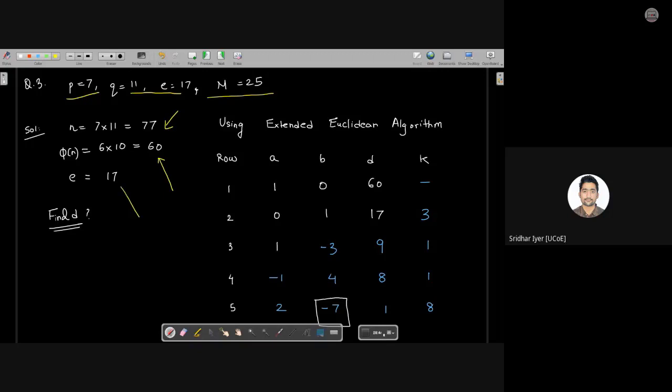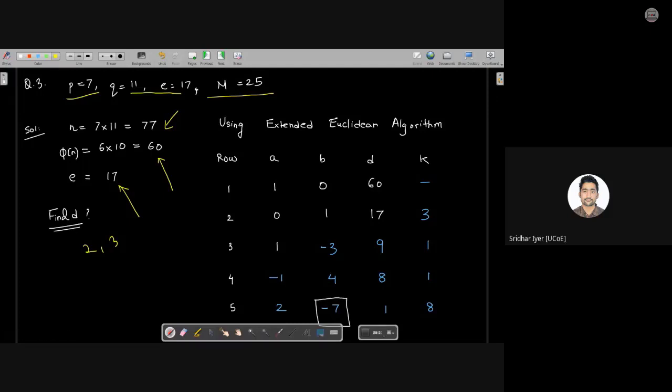In the question, it is given that E is equal to 17. Now you tell me which value you could have taken instead of 17. Can we take 1? Sorry, can we take 2? No. Can we take 3? Now I need answers. I hope you are now in a position to answer me. Yes, we can't take 3. What could be the next value? Can we take 4? No. Can we take 5? No. 6 is obviously not in contention.